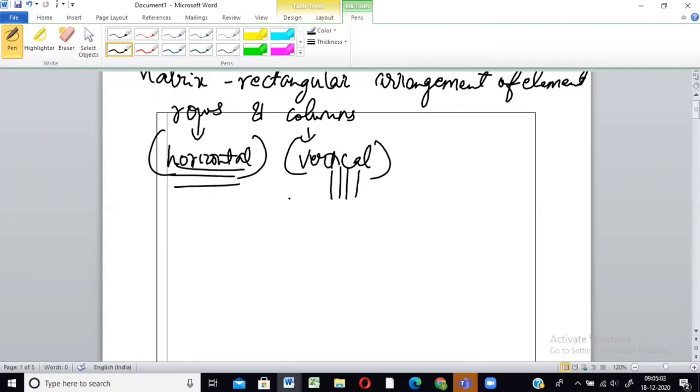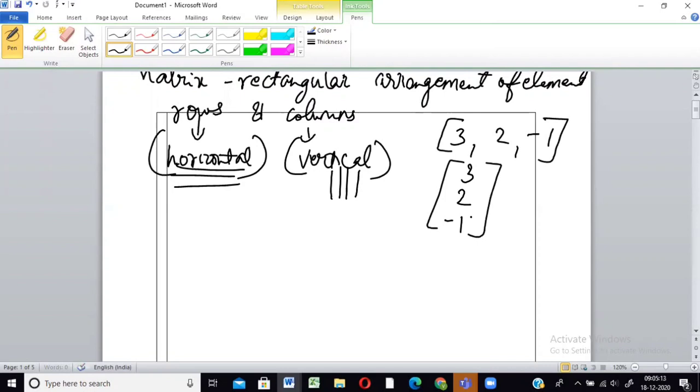And after this, you have a few types of matrices, like a row matrix or a column matrix. If there is only one row, for example, something like this 3, 2, -1, that is called a row matrix. Sometimes you may have only one column, so that is called a column matrix. Order of a matrix is nothing but